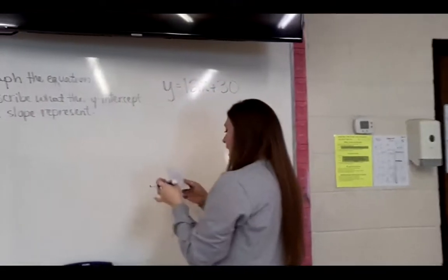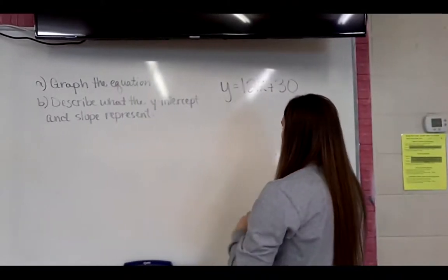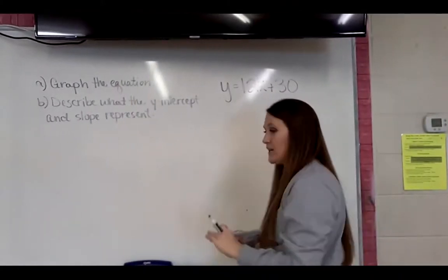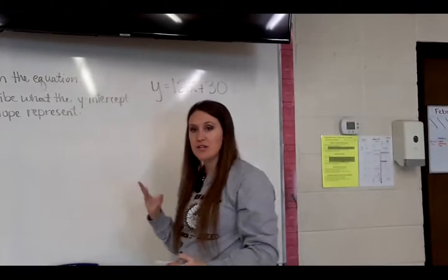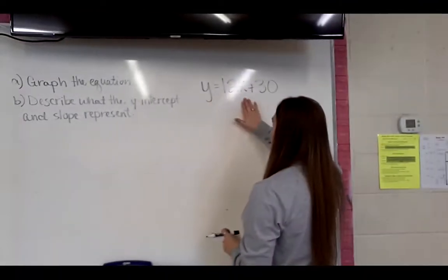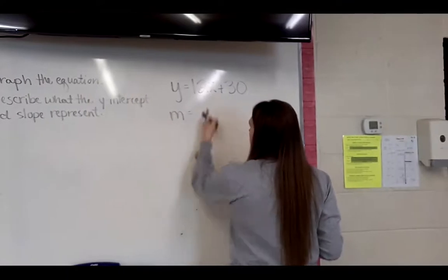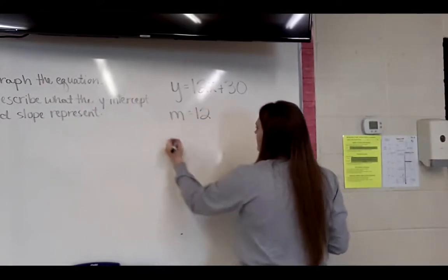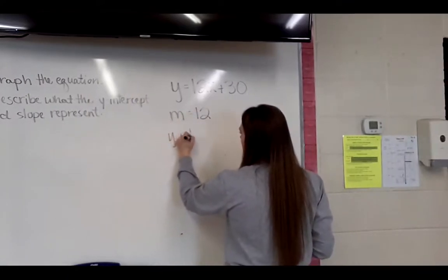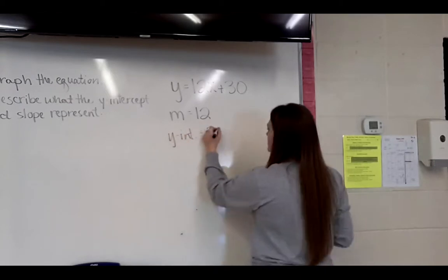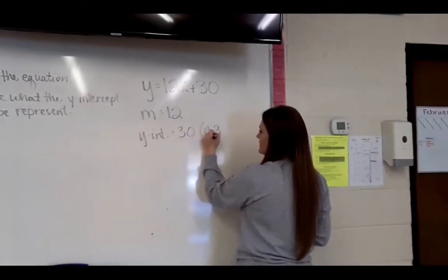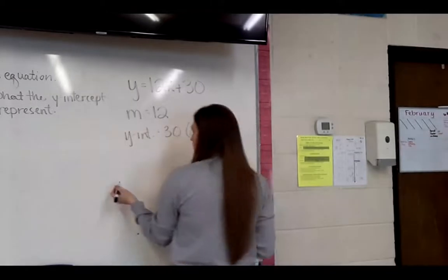Okay, so A just says graph the equation. So in order to graph it, we need our slope and our y-intercept. It's already in y equals mx plus b form. So I just identify my slope in this problem is 12. My y-intercept, or b, is 30, which is the point (0, 30). So to graph that,